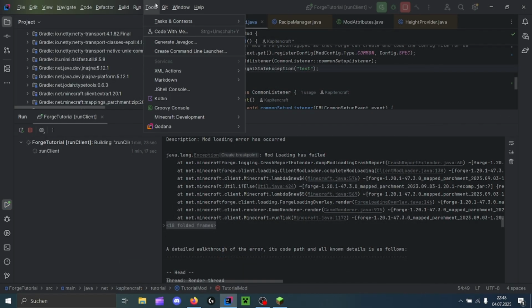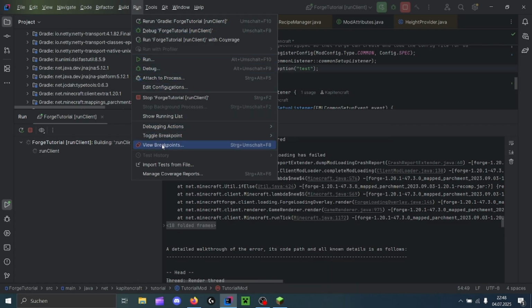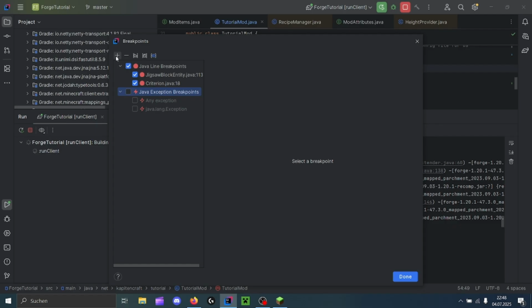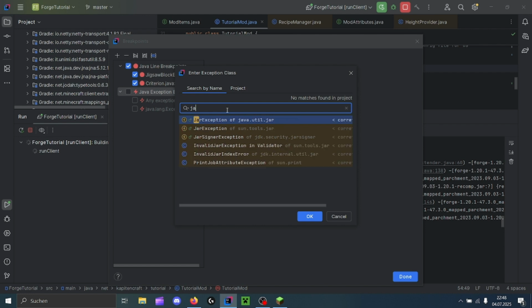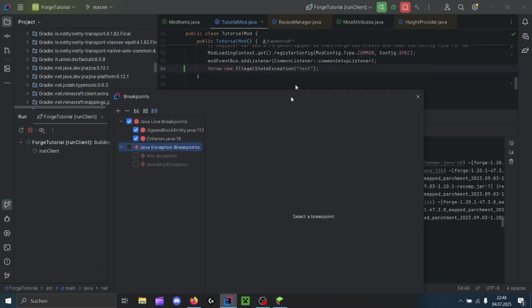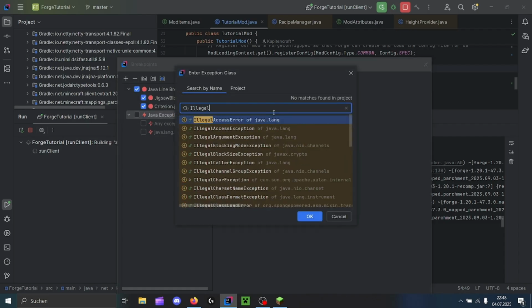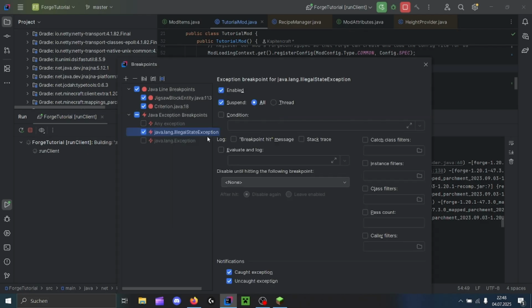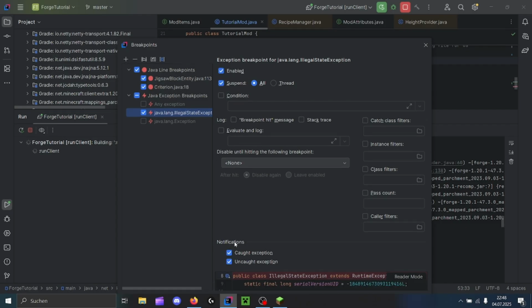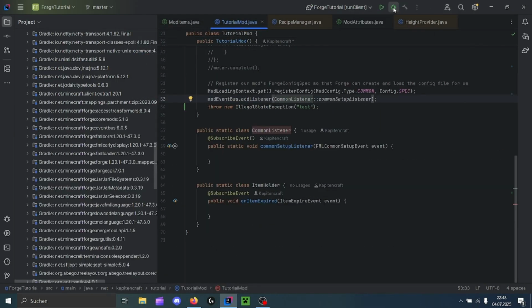There's also another way of doing this. You can go to Run, View Breakpoints, then go to Java, click on Add Java Exception Breakpoint. What was exactly illegal state exception? All right, we want a new exception, illegal state exception, and this should notify us for both caught and uncaught exceptions in this case. And now if we close this and rerun in debug mode,